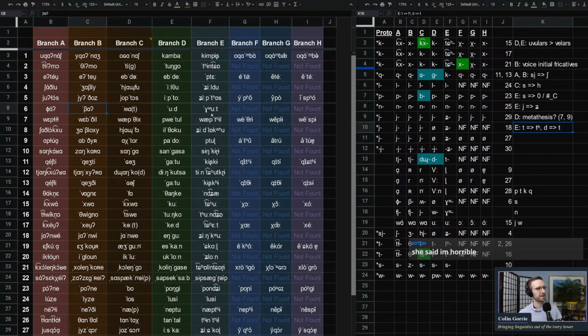And from this, yeah, maybe we have debuccalization in A and B, devoicing in C and E. So I think that's what's going on. So we have D going to glottal stop here, going to optional T here. I don't know if this is like a French liaison type scenario, but it could be something like that. There we go. 12. Yeah, 12. That's a good point. I think this is solid.